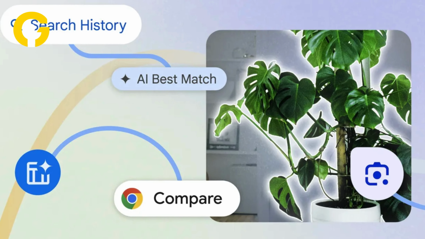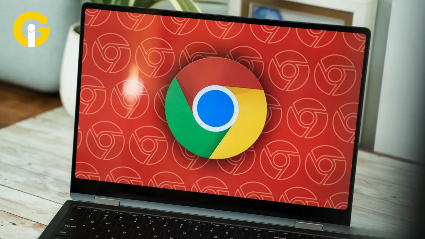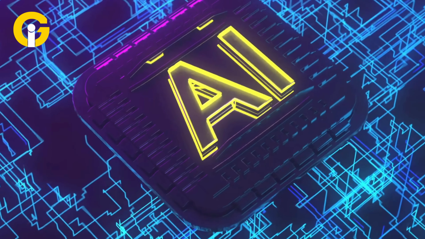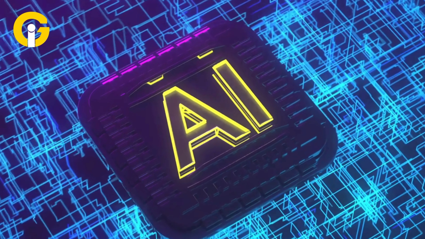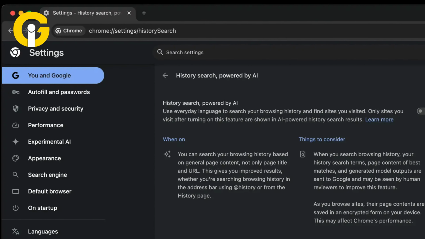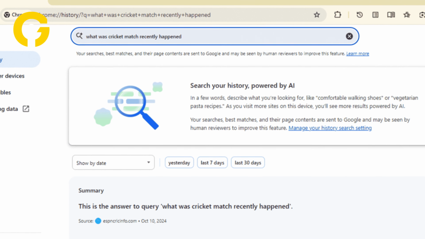Google Chrome's AI-powered history search, how to enable and use. Google Chrome has introduced an innovative upgrade that utilizes artificial intelligence to enhance browsing history search capabilities. Dubbed History Search powered by AI, this experimental feature enables users to naturally search their browsing history using everyday